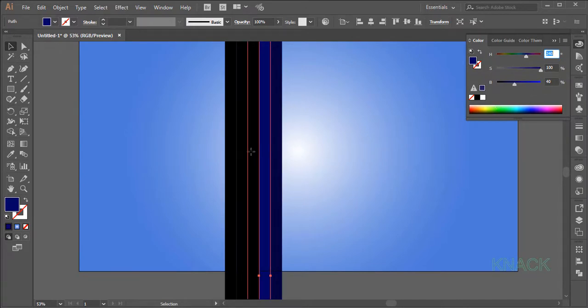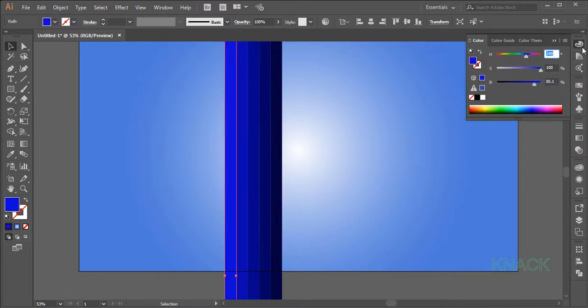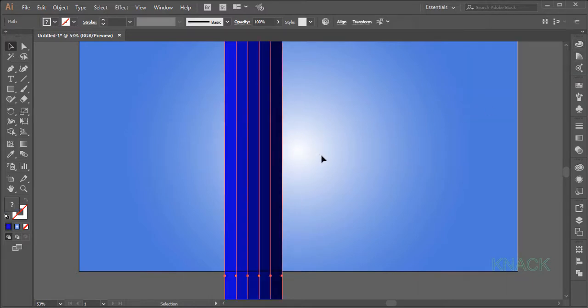Select this third path and enter 55 for the brightness. For this fourth one, dial 70 for the brightness. And finally for this fifth path, we will set the brightness to 85. Now select all 5 paths and press Ctrl G to make them a group.